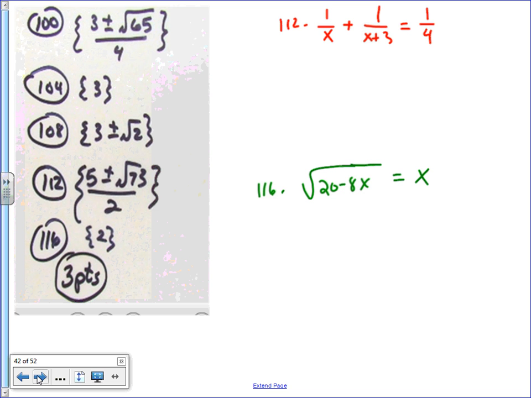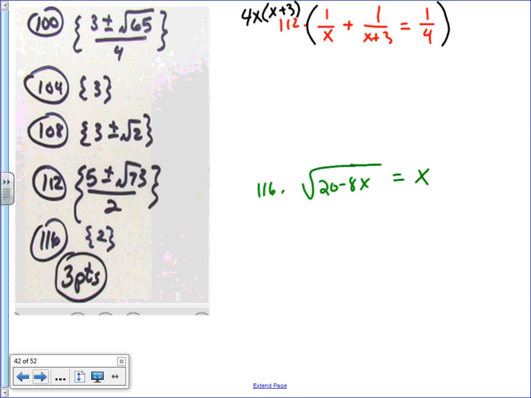Number 12, this is a rational equation having variables in the denominator. I need to multiply through by the common denominator, and each one of those denominators is different. So essentially, I need to multiply by the product of all of those. Please leave them, don't distribute anything, okay? So I'm going to put the 4 and x together. 4x times x plus 3 will be what I'm going to multiply each term by, canceling out the denominator each